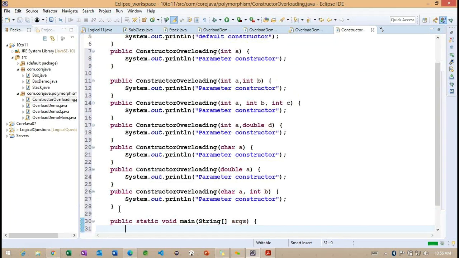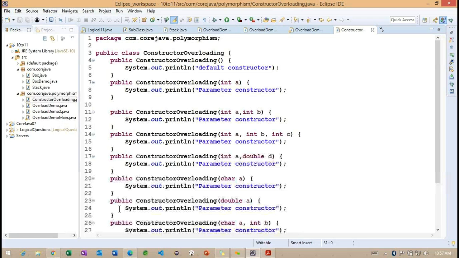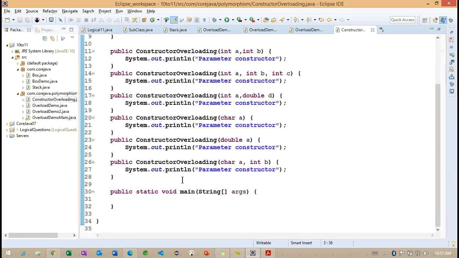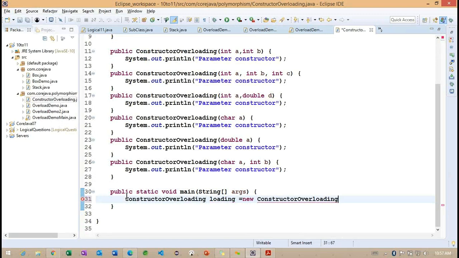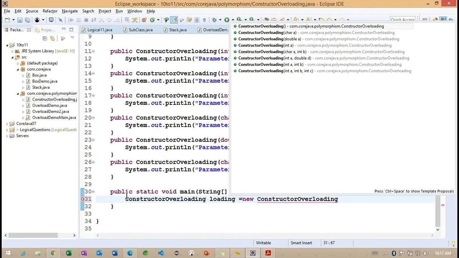I want to create a main method. Let me copy this particular class name to create this particular object here. Now you can see how many constructors we are having. So these many constructors we are having here, right? So based on our requirement, we can go for a particular constructor and specify the particular values here. We can specify these many constructors, but we cannot call more than one constructor at a time as of now, right? So whenever we are trying to call one constructor, how can we call another constructor internally?